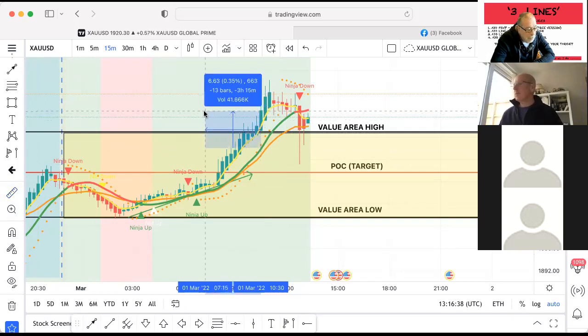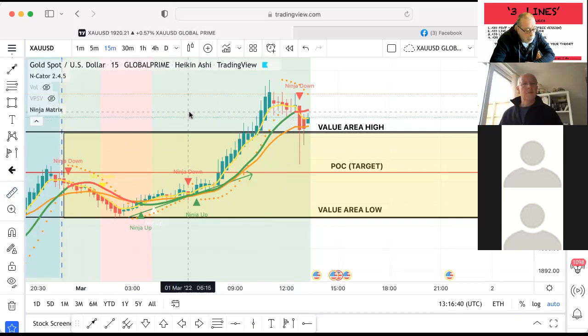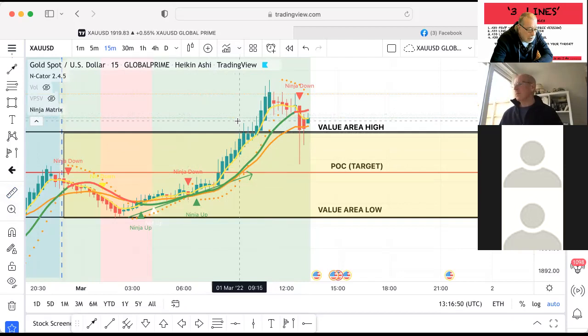Now that might put a lot of people off. It might put me off. I'd have to think twice about putting a 50 pip stop loss on there. However, I could adjust my lot size accordingly and stay in for a buy. The problem is,